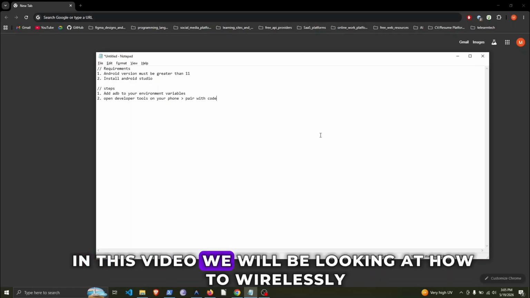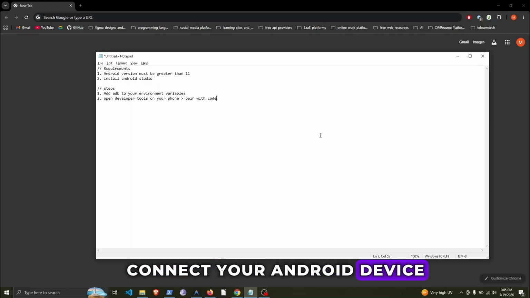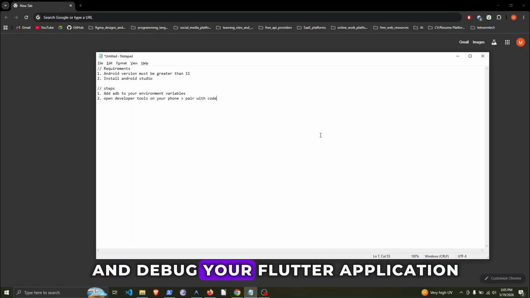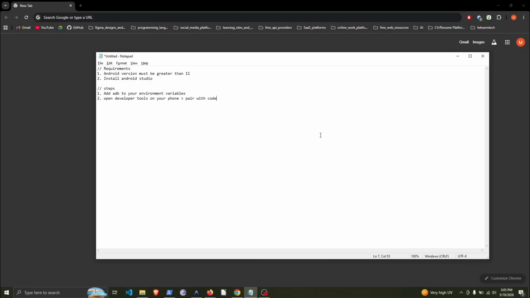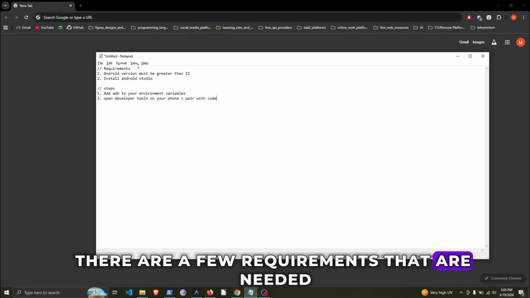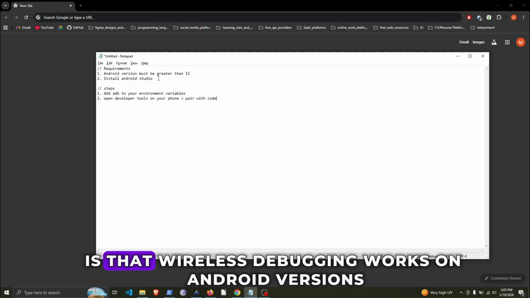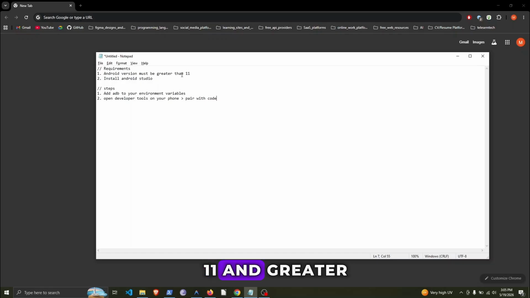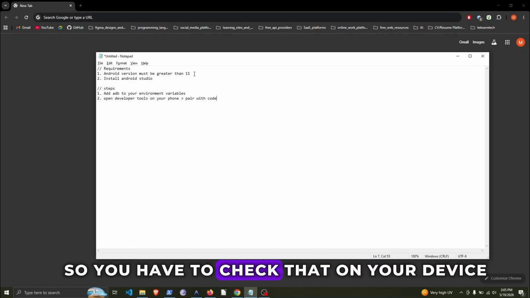In this video we will be looking at how to wirelessly connect your Android device and debug your Flutter application. So before we get started with the video, there are a few requirements that are needed. One is that wireless debugging works on Android versions 11 and greater, so you have to check that on your